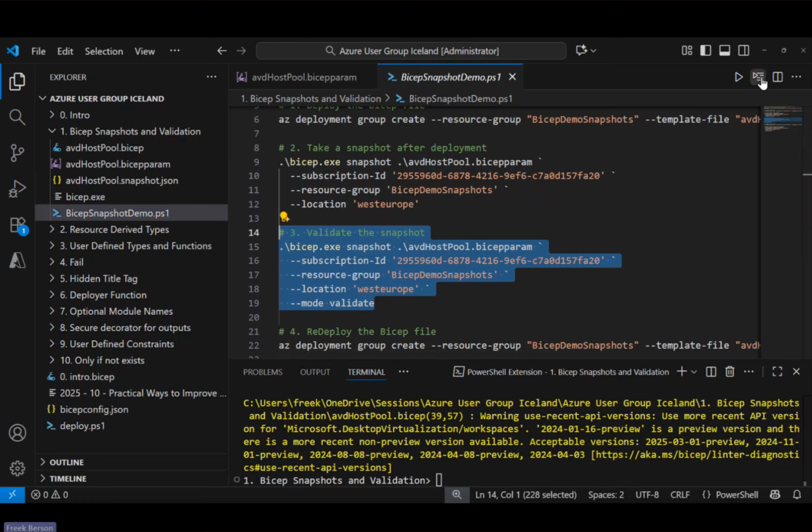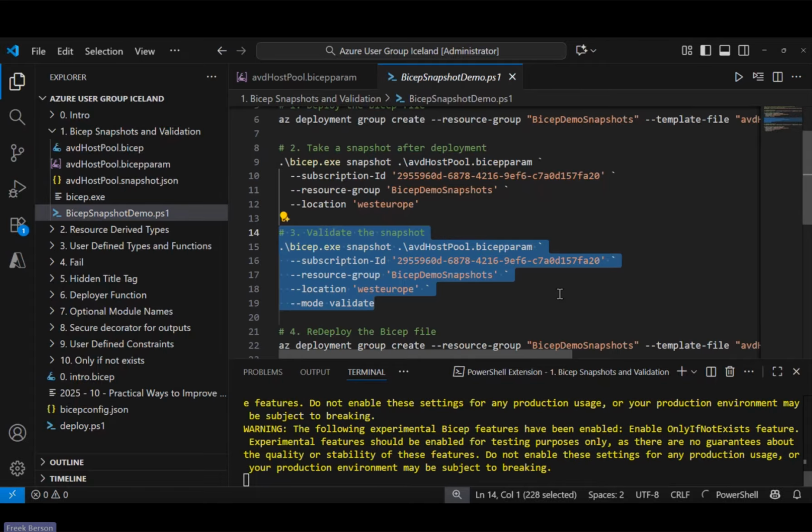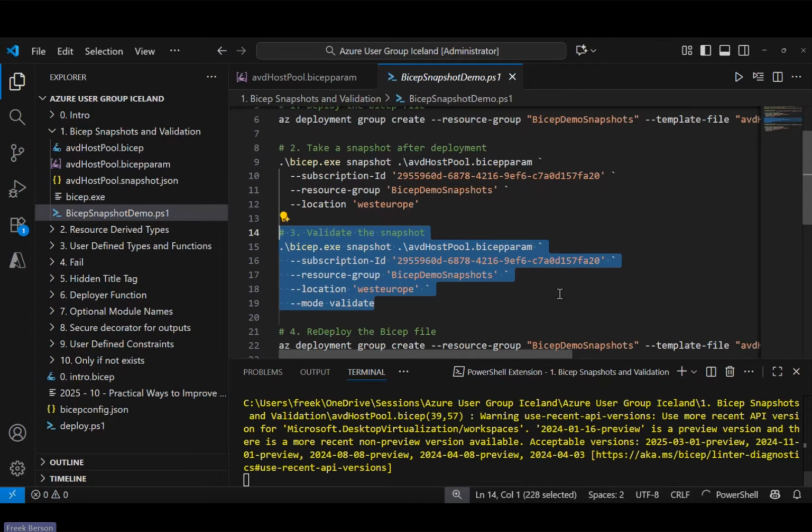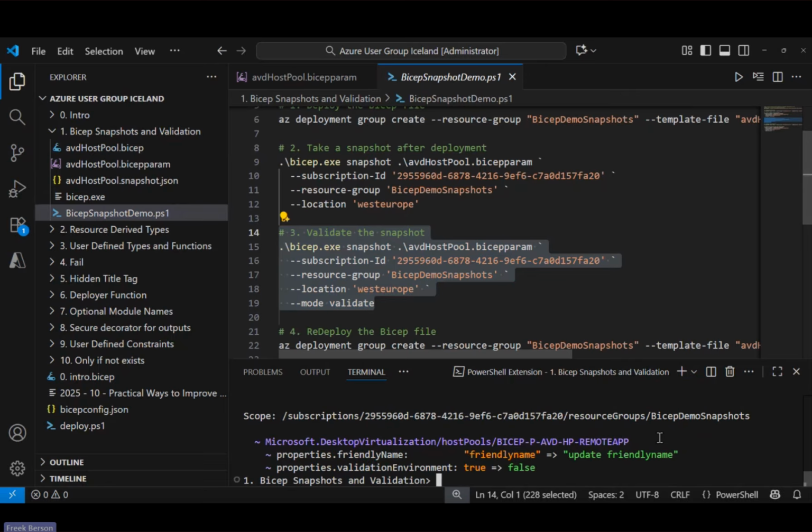Validate snapshot right here, obviously. Now we're going to validate the changes that we made against the snapshot that we created before, which provides this great overview. Again, this is a simple example with only one resource that has changed, but it does provide me with this is the property that changed, this is the old and the new value, this is another property, and this is also another old and new value. So a great way to validate what is going to happen if I make this change.